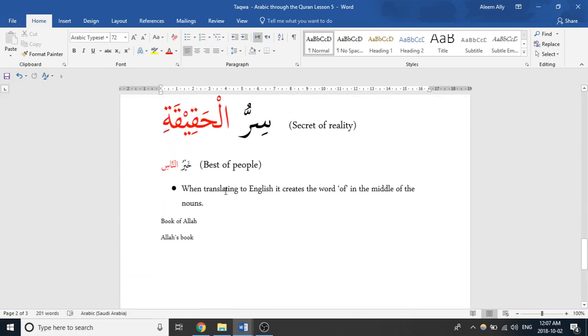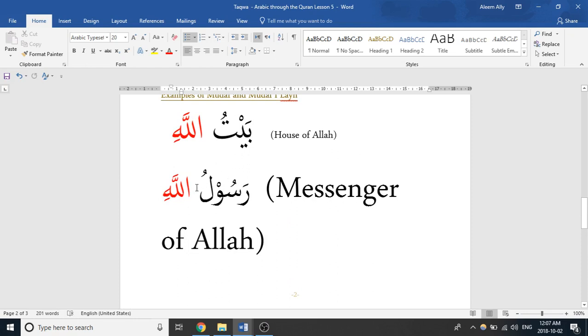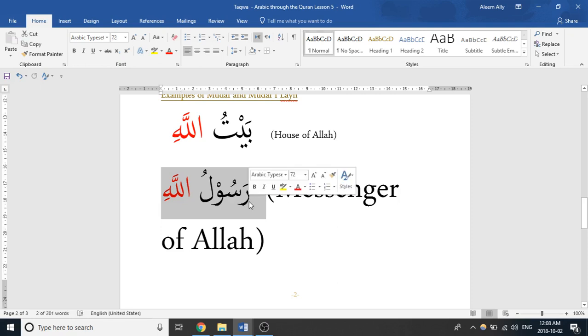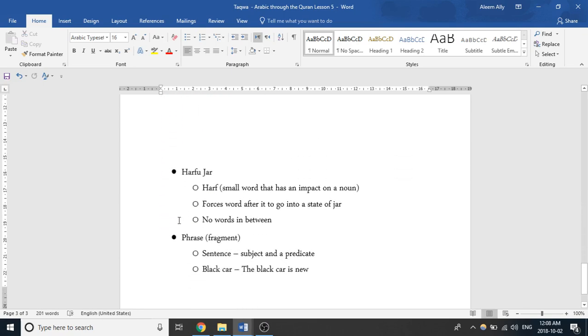I'm going to skip that example there and just want to make one last note about translating. So usually when you translate it, between the two words you add an of. That's how you would translate in English to show that association between them. So the messenger of Allah. My teacher, who's an author, said that in English, you want to focus more on having concise and straight to the point speech. And to do this, another way of writing it would be Allah's book. You add the apostrophe and the S, and that designates ownership. So that's it. There's just two ways of translating it. And yeah, that is mudaf ilayh.